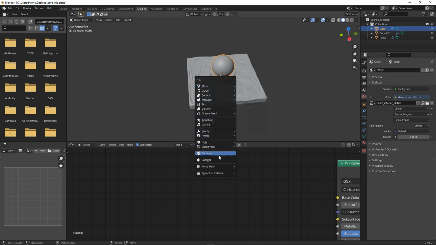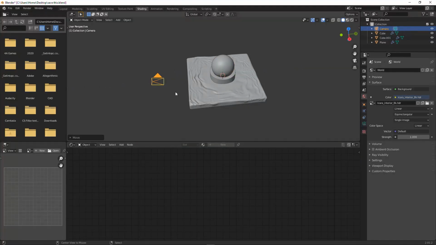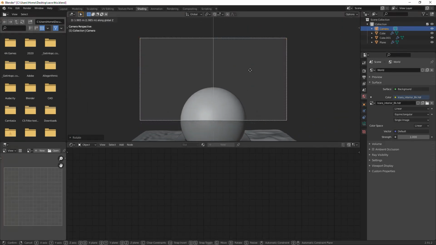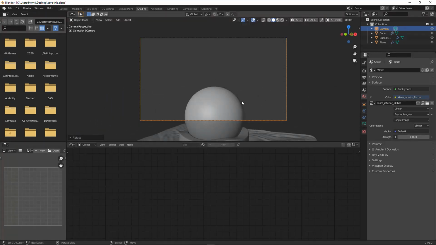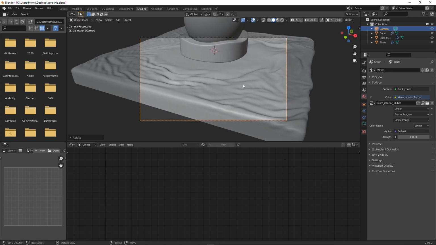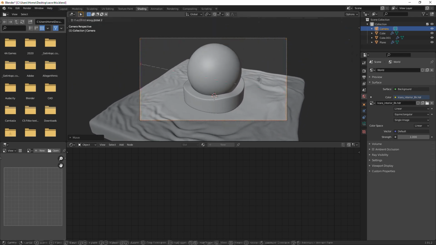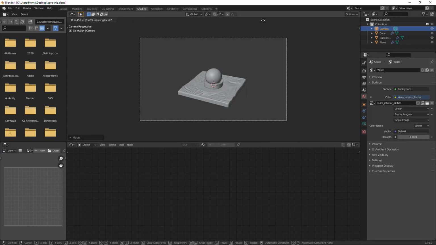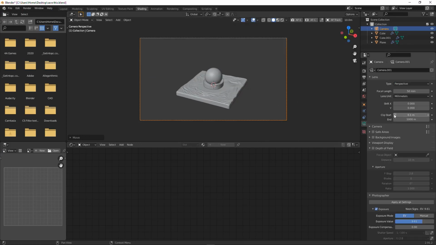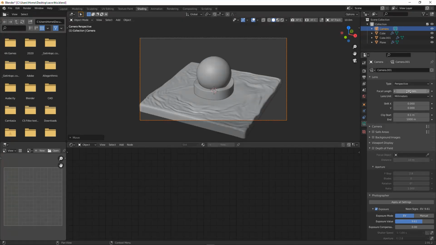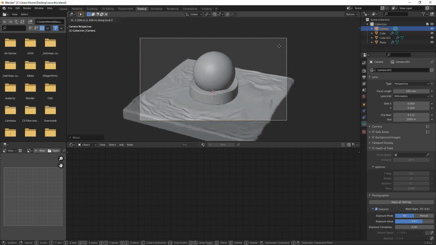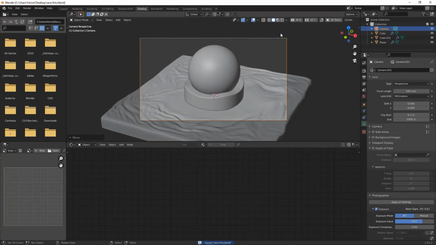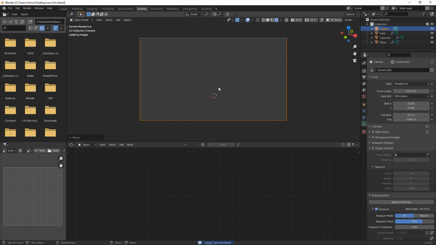Okay, now it would be the best time to add in a camera. So let's do that quickly, set it up. By pressing 0 on the numpad, you can quickly hop into it. I want to show it from the side really, so let's do it like that. And I also want to go a little bit back and set this to like 100 millimeters, maybe 105, and now I can get closer as I want. And yeah, that should be it. Now if we take a quick render,